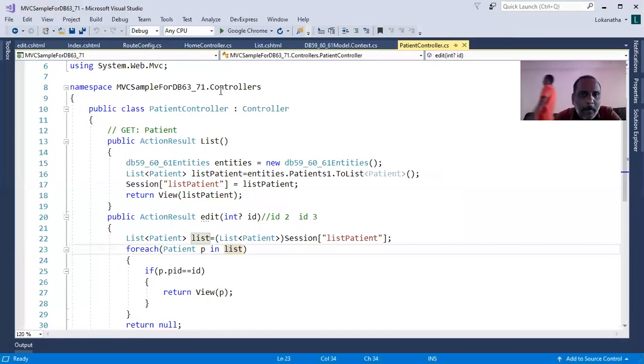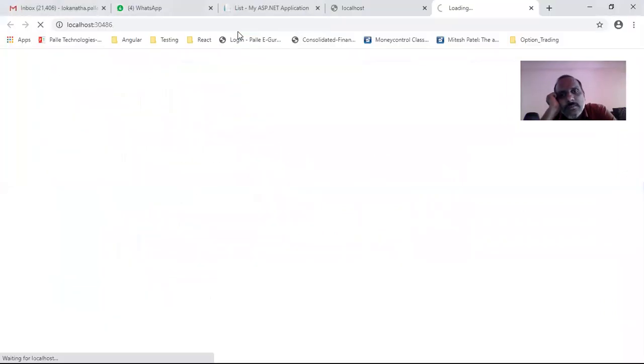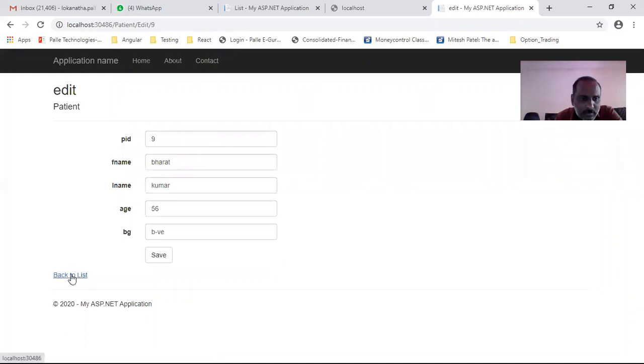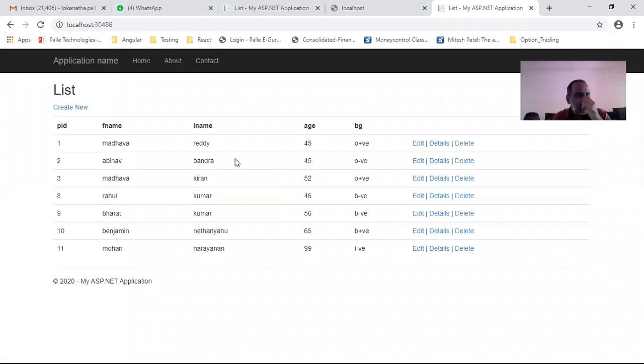Just give me 1 minute. Now let me click on this ninth record. It should give me the proper URL over here, localhost/patient/list. I don't know, but still it is going to the list view.